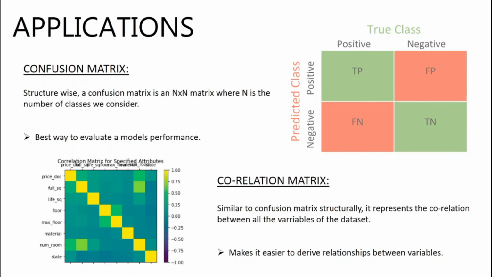So if we plot a graph between the full square variable and the full square variable, we'll basically get a line which is y equals x, since they are the same values, which has a slope of 1. So basically they're the same values, so hence the correlation is high. We can also look at other variables this way. For example, if you proceed from 0 to 1, as the color moves towards yellow, the correlation increases. Anything that's between 0.75 and 1 will have a yellowish color. Anything that's between 0.5 and 0.75 will have a greenish tone. So we can in general say that anything which has a yellowish green tone is highly correlated to each other.